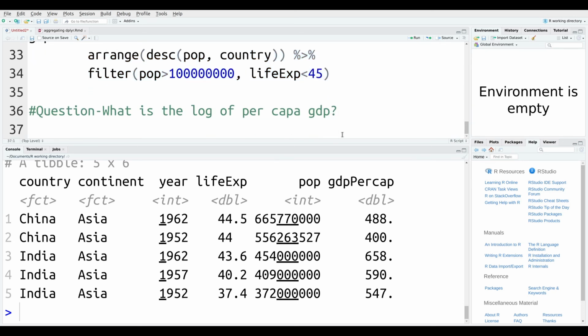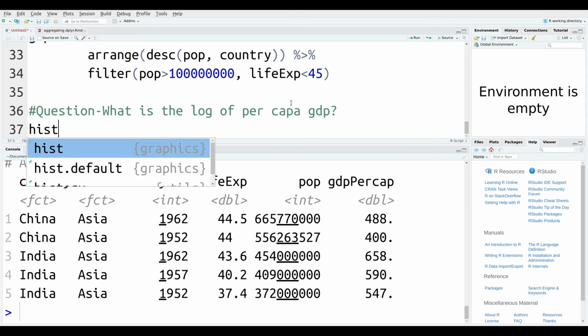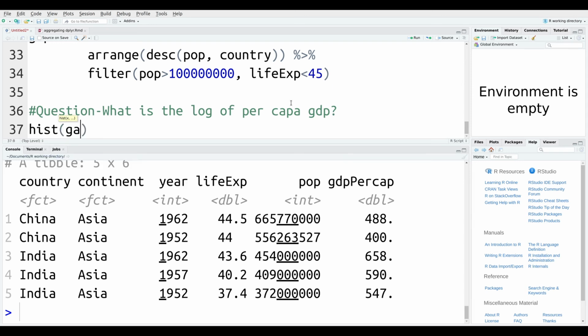Okay, now, what is the log of per capita GDP? Now, the problem with per capita GDP is that it doesn't have a normal distribution. It could be really ugly. So if I just go ahead and show you real quick,